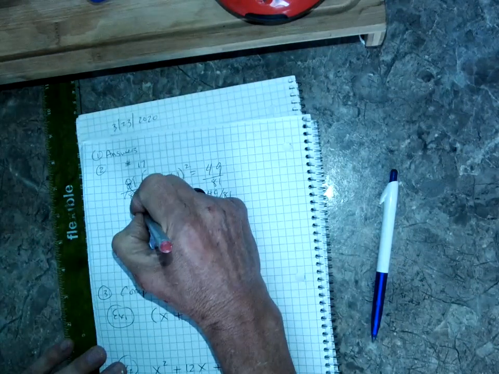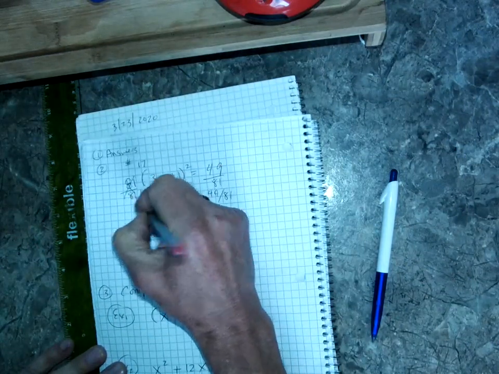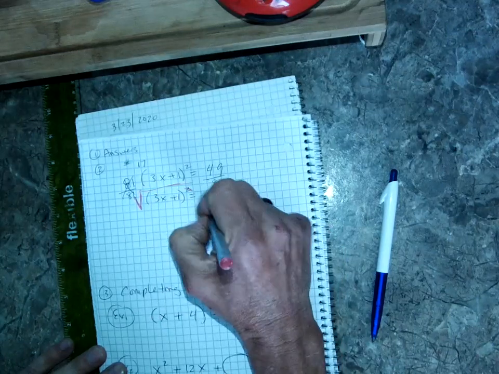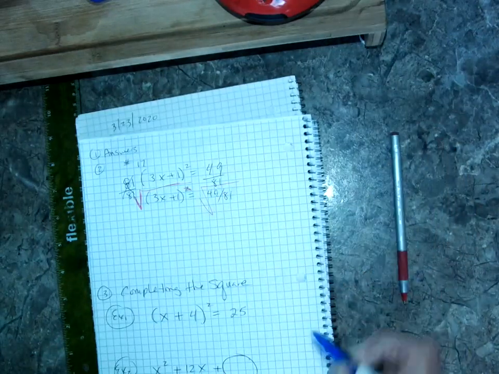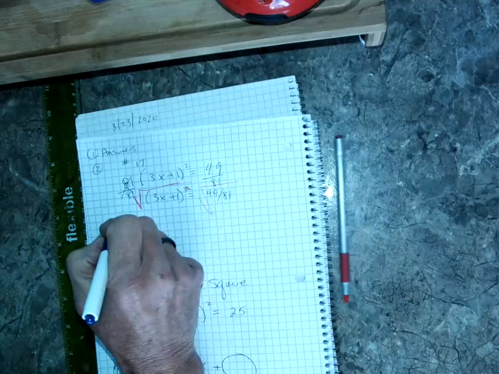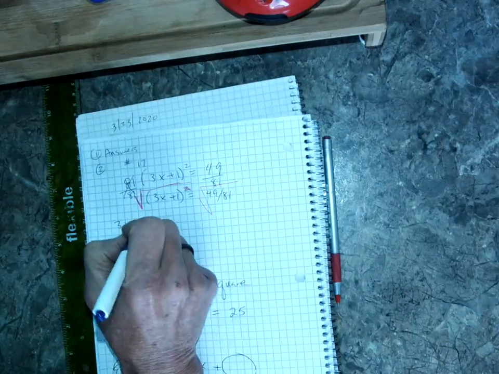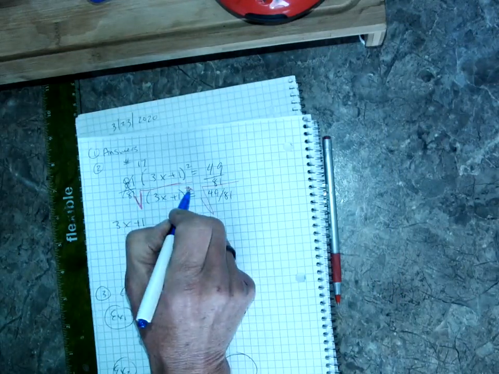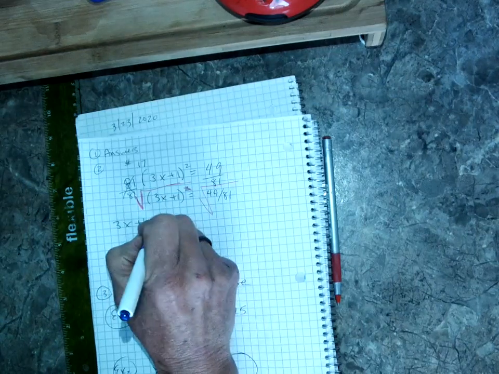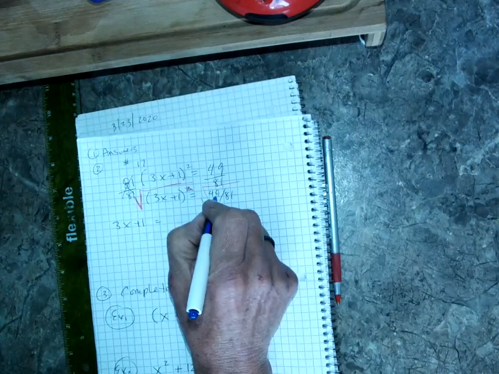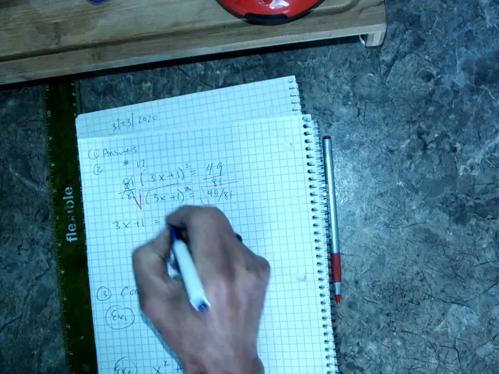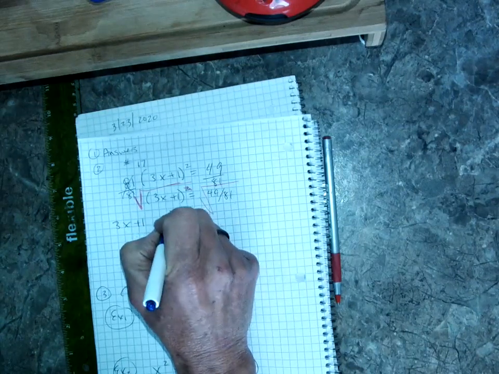Two answers. So I've got 3x plus 1. The square root's gone, they cancel each other out. Equals the square root of 49, which is 7. The square root of 81 is 9, so I get plus or minus